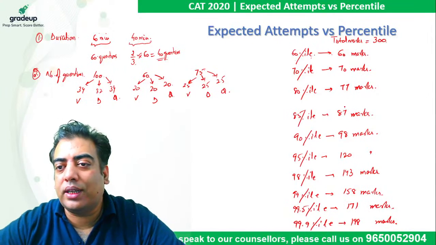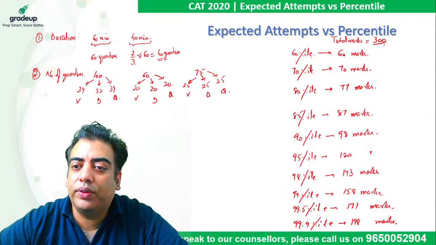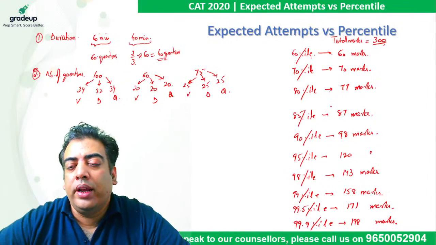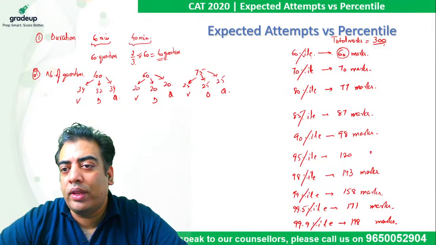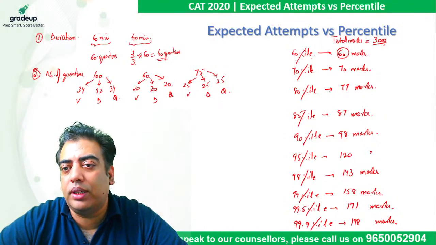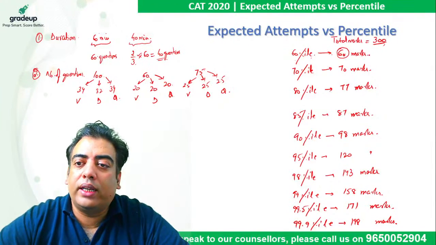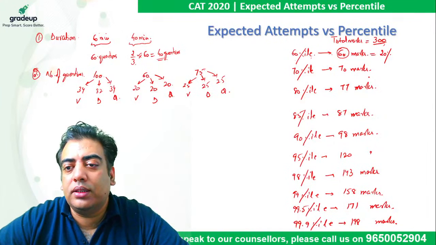So it will give us a clear-cut picture out of 300, right? Where do we stand? If I am targeting 60 marks or 60 percentile, in that case, we just need to calculate 60 is what percent of 300, right? So it comes out to be 20% of total marks.